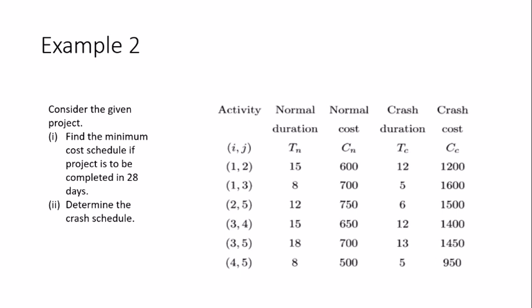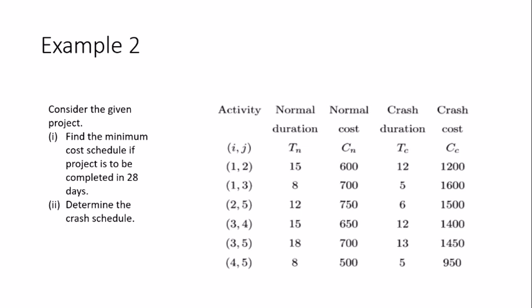So in this example you can see that we are just given the project and two parts are asked. In the first part we are asked to find the minimum cost schedule if the project is to be completed in 28 days, and second part, determine the crash schedule. So the first part asks you to give a schedule of 28 days while the second part asks you to determine the crash schedule. The meaning of crash schedule is that schedule beyond which a project cannot be